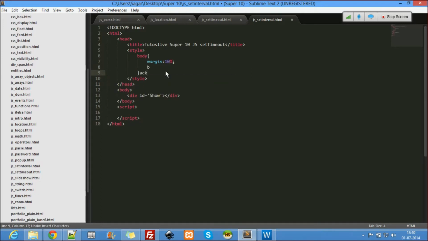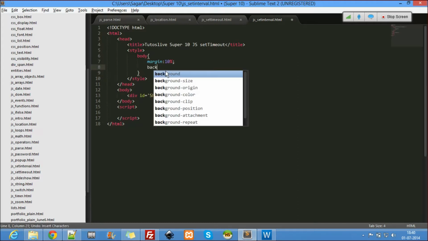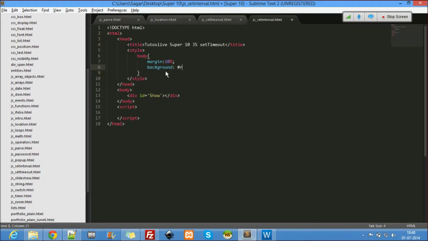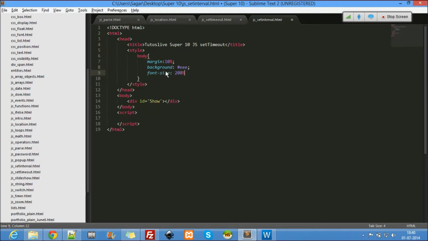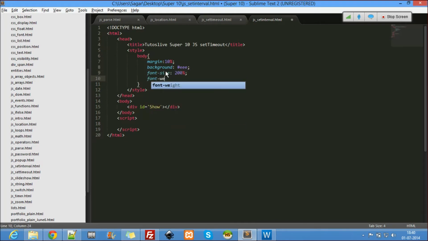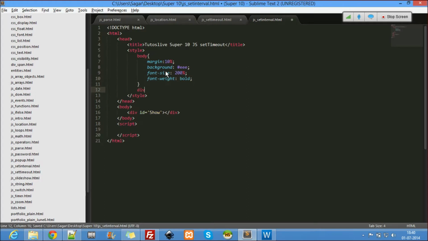Background, okay, and a font size of 200% and a font weight of bold. Right, and the div, I'll let the div be div. No issues in that. Okay, so now let's see a counter application.